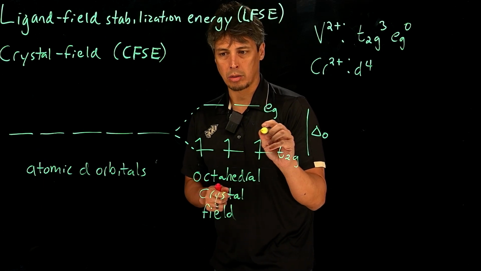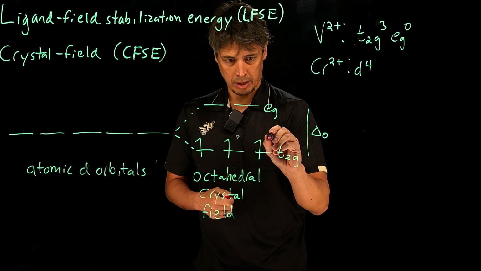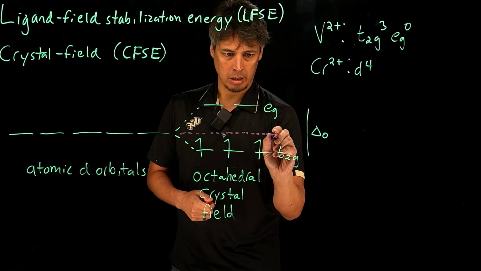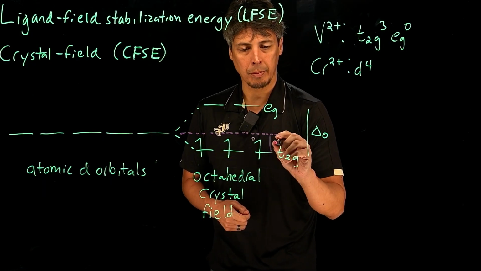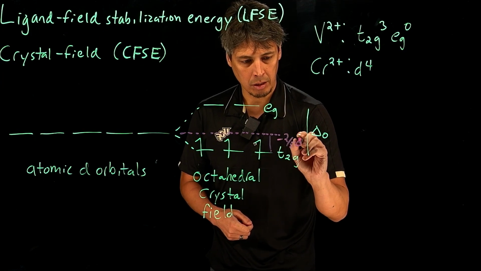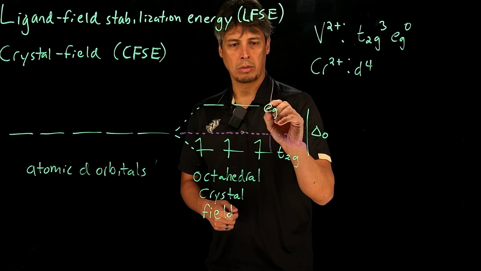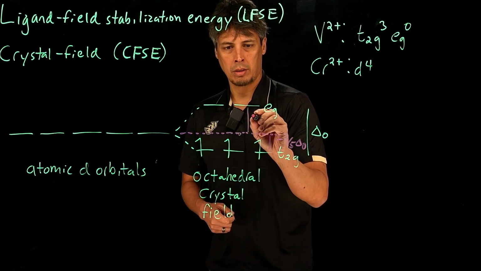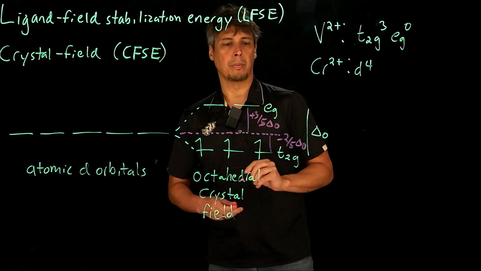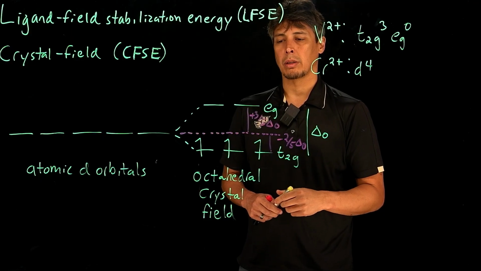We can also compare this to the original energy of the atomic orbitals, which we refer to as the barycenter. The energy from the barycenter down to the t2g is going to be a stabilization of -2/5 delta O, whereas from the barycenter to the eg orbitals, this is going to be a destabilization of 3/5 delta O. And so what we can then say, if we're still looking at the vanadium 2+ electron configuration, is that